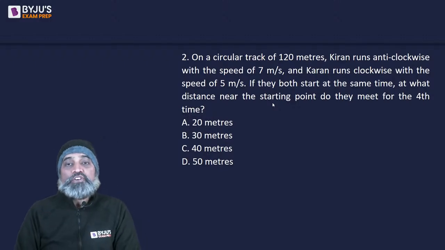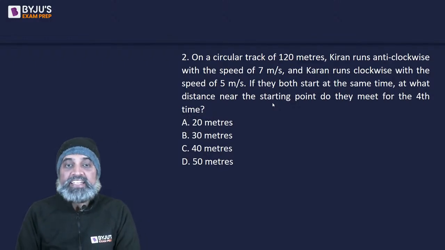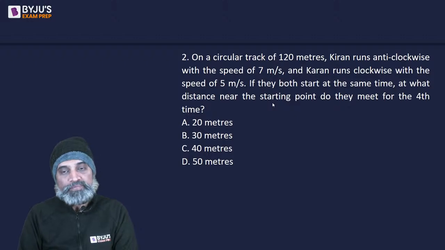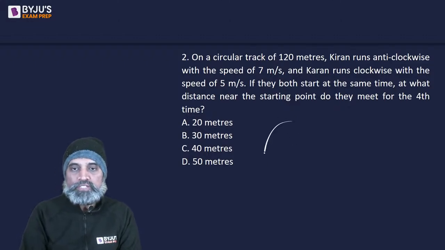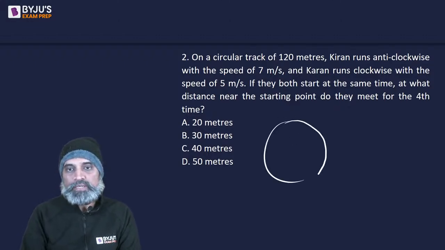On a circular track of 120 meters, Kiran runs anti-clockwise with the speed of 7 meter per second and Karan runs clockwise with the speed of 5 meter per second. If they both start at the same time, at what distance near the starting point do they meet for the fourth time? So what you do in such questions is you draw a circle,